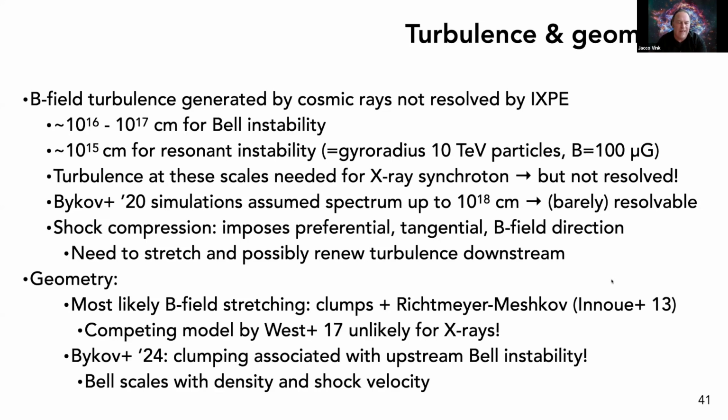Now the competing model by West et al., where you have pockets of parallel magnetic fields, and there you see the acceleration doesn't seem to be very appropriate for X-rays. And the reason is, of course, that the diffusion length scale of these particles is quite wide. So whenever you have this pocket, you know, the electrons would diffuse out of these pockets and you would probe much more regular magnetic fields. So this mechanism can be valid maybe for radio, but it's certainly not valid for X-ray synchrotron, because the local direction would be washed out by the diffusion length scale of the 10 to 100 TeV electrons.